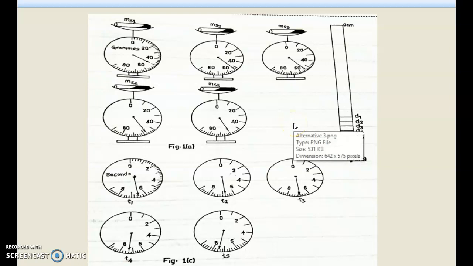Yes, so as I was saying in the last video, describing the time on the stopwatch. Okay, I bet you got that. So let's go